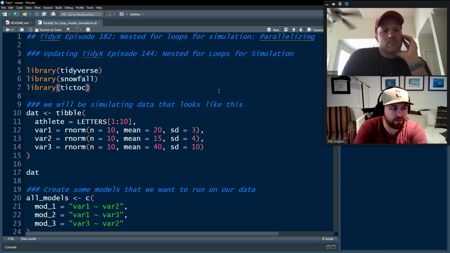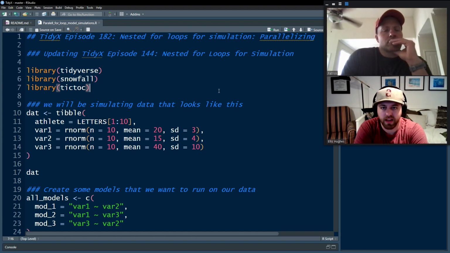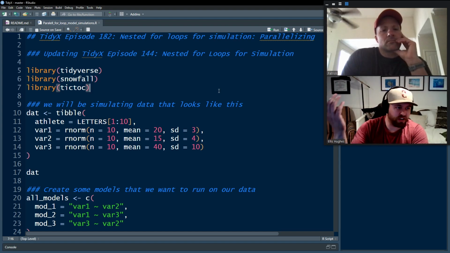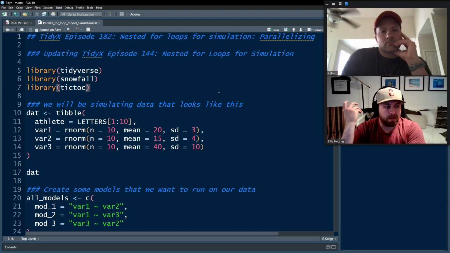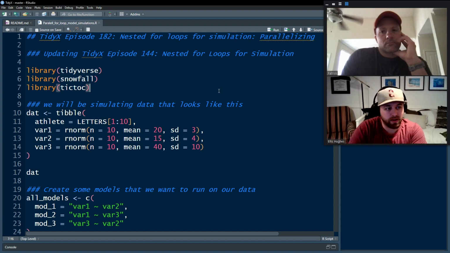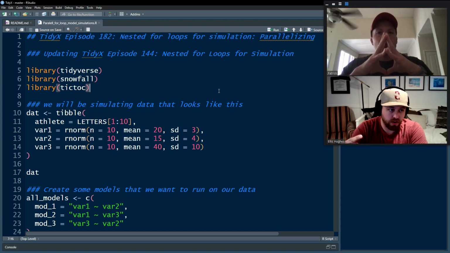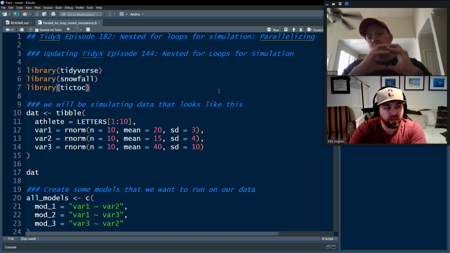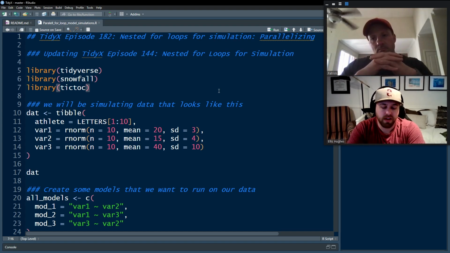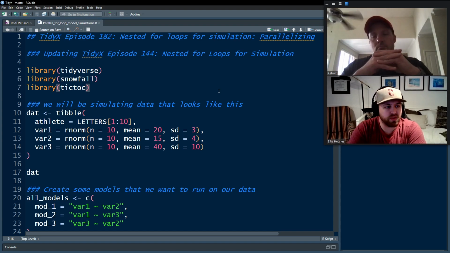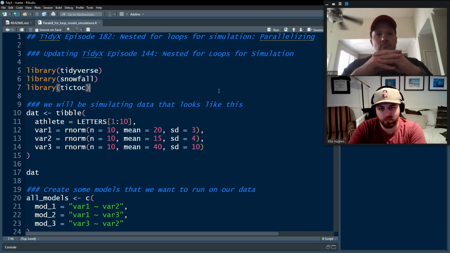We've got three libraries that we're going to be loading for our use today. Tidyverse for our generic data manipulation needs. The package that we're going to be using for parallelization is one that I'm most familiar with, which is called Snowfall. We know that there's a ton of other packages out there to help with parallelization, but this is the one that I am the most comfortable with, the most familiar with. It's not to say it's the only way, obviously,